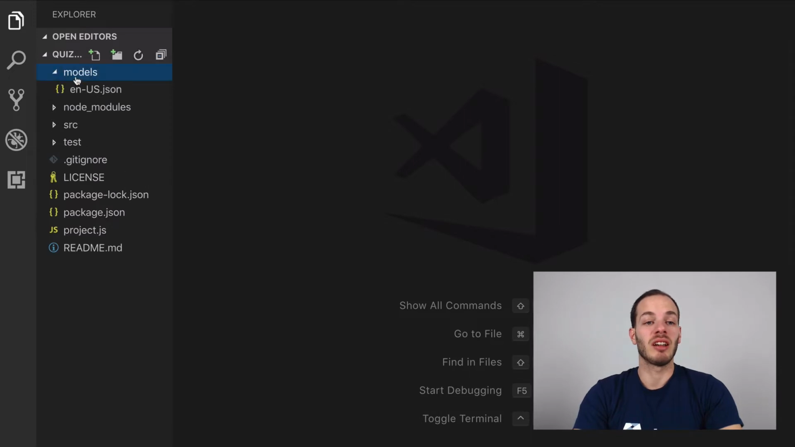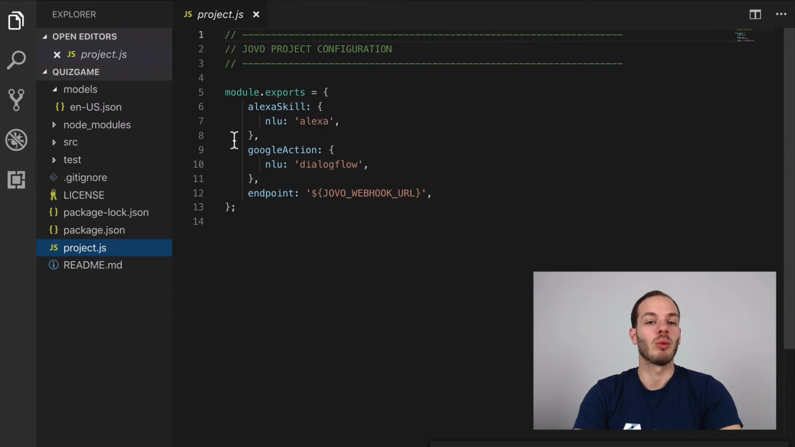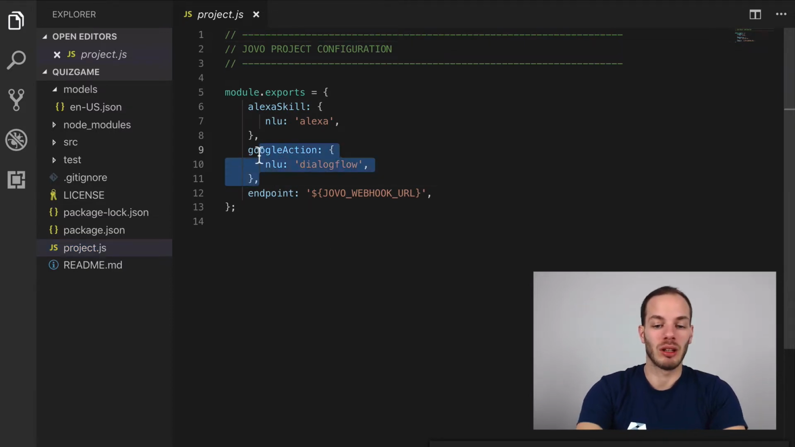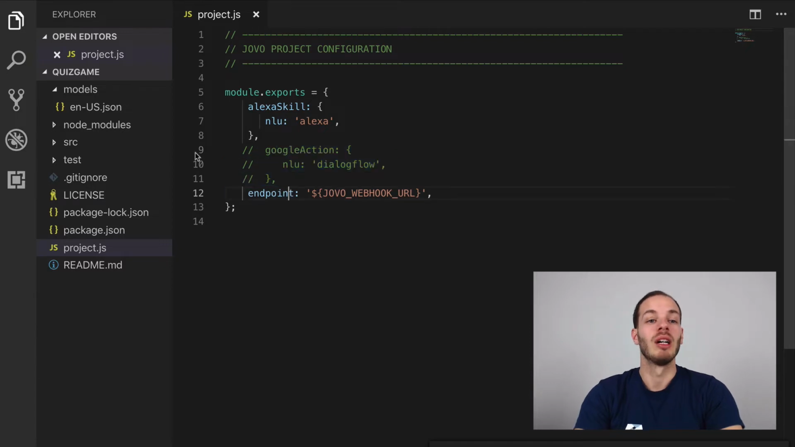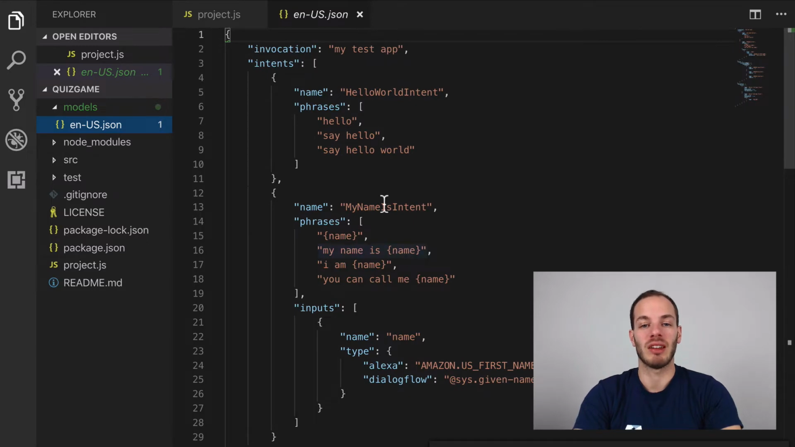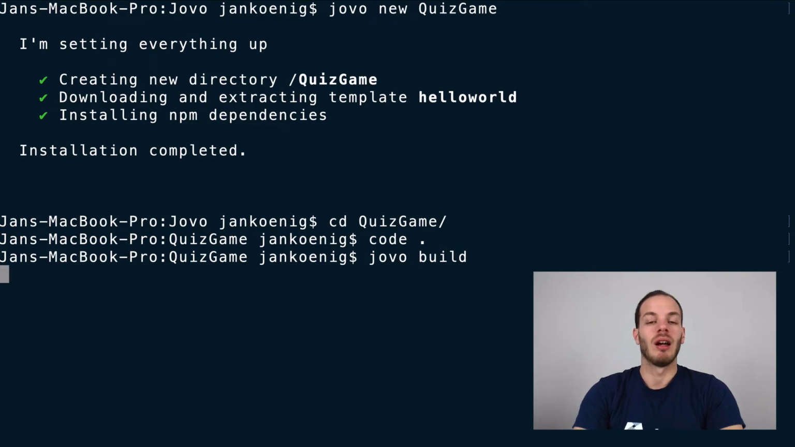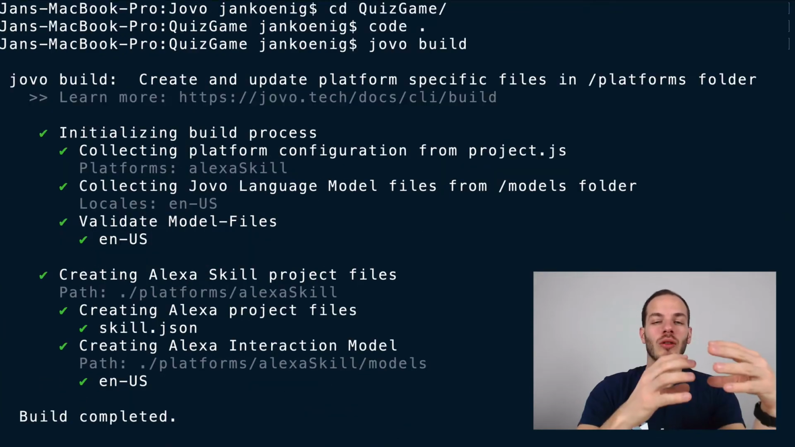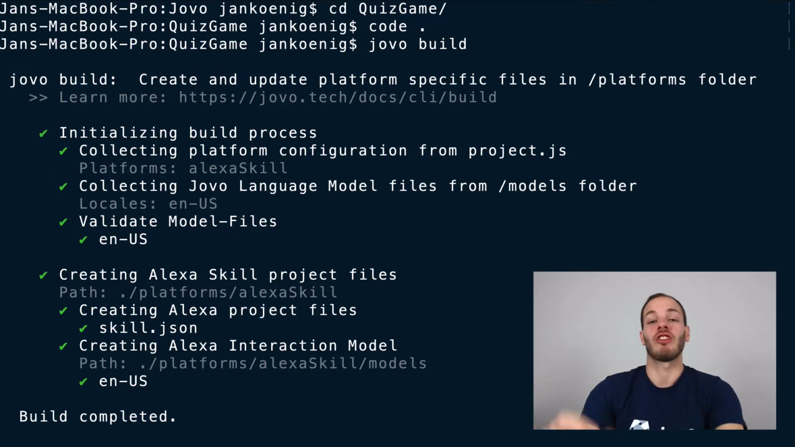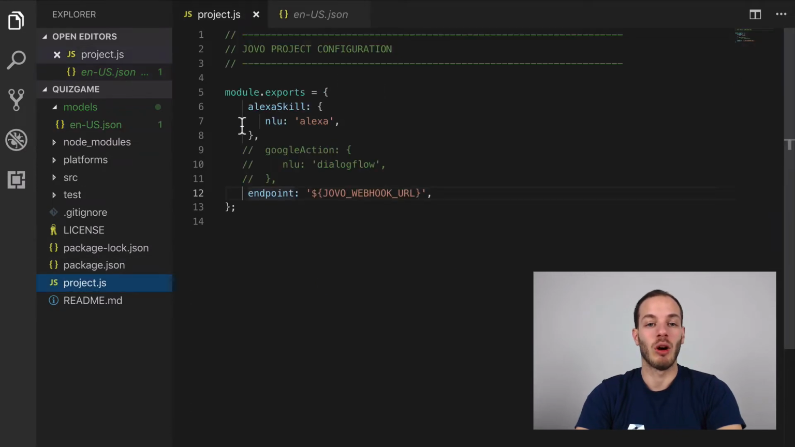So as I mentioned here, this is the Jovo language model here, and then we have a project.js file which specifies which platforms are used and other things, and so we're going to comment out the Google Actions just for now. And what we would usually do, if we have the language model here, you can see the invocation name is my test app and all of that. What we usually do is we use the Jovo build command to take that information that is in the Jovo language model and in the project.js file and create platform specific files. So in this case, because we only have the Alexa skill enabled here, it will only create Alexa specific files